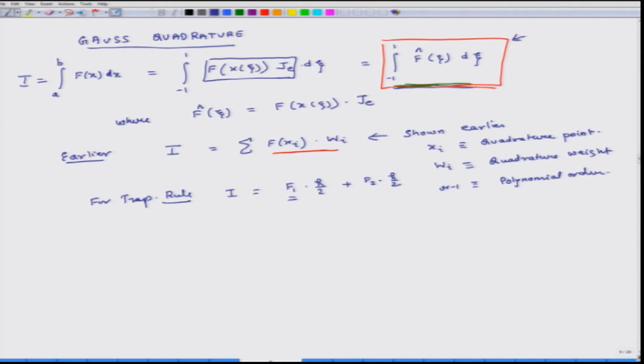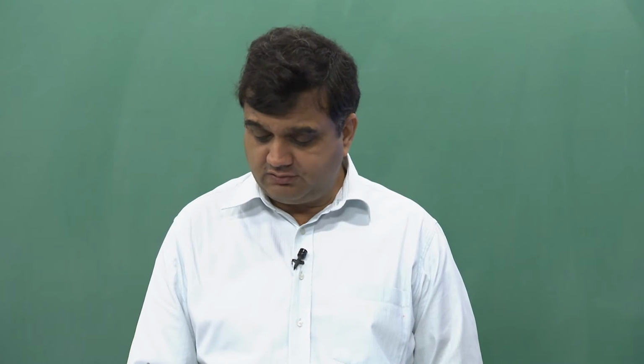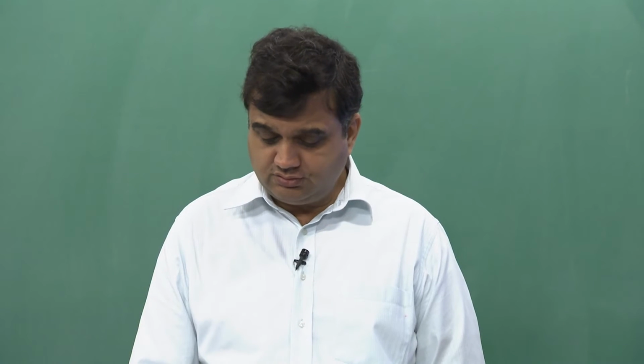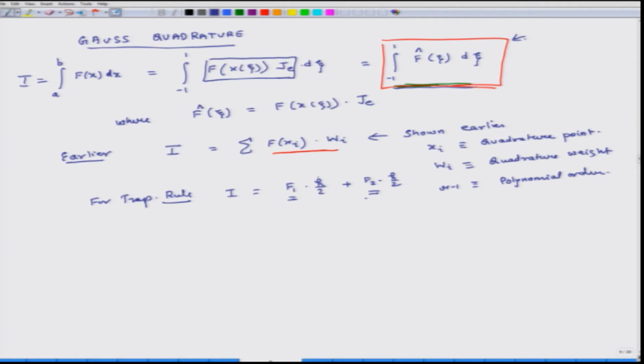This is about the natural coordinate system, but the trapezoidal rule works in the x coordinate system. So in the x coordinate system, f1 was the value of that function at the first node and f2 was the value at the second node, and h is the element length; h by 2 is the first quadrature weight and h by 2 is the second quadrature weight. Similarly here also, but here the domain is the natural coordinate system, but the same thought process works here also, it is just that the domain has changed from -1 to 1. So, I can write it as